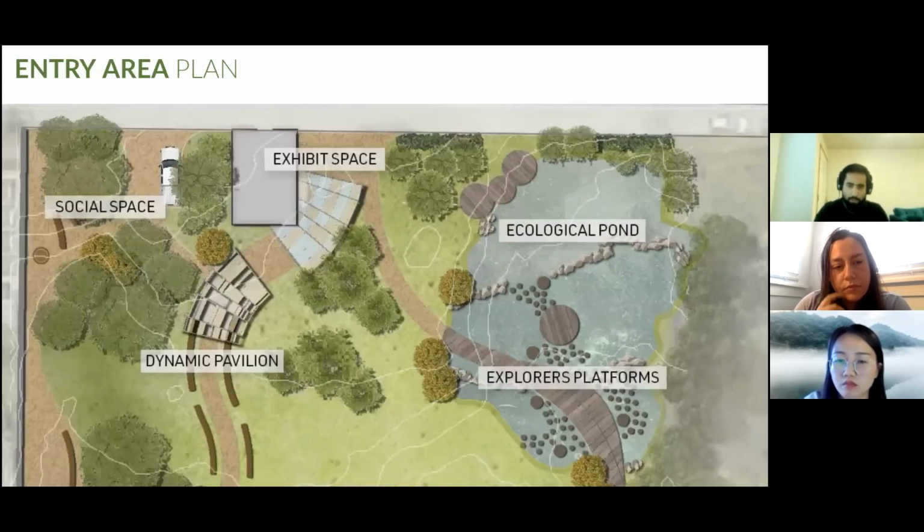So we're going to look at the site. We broke the site into different regions, and we're going to look at their design step by step. So at the very beginning, the entry area where the meadow meets the street, we designed this entry space with multiple entries. The formal one being the one connected to the main structure that is connected to the existing milk